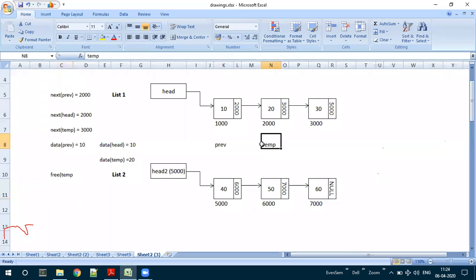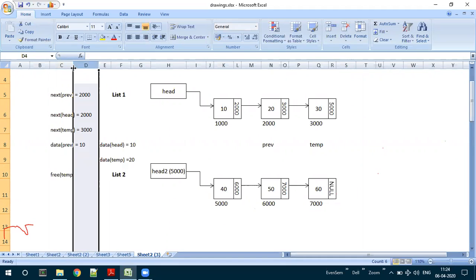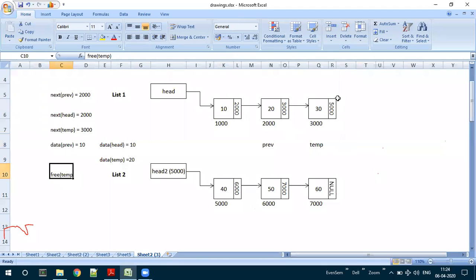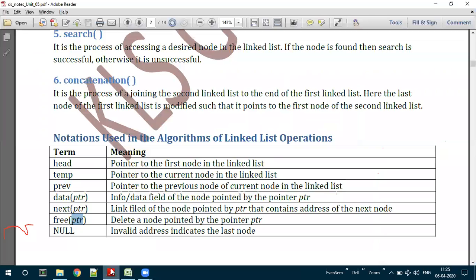Let us take temp pointing to the last node. If I write free temp, it will delete the node being pointed by the temp pointer. Temp is pointing to 3000. Free temp means it will delete this particular node from the memory at runtime. That is the delete operation. Followed? Yes, sir.